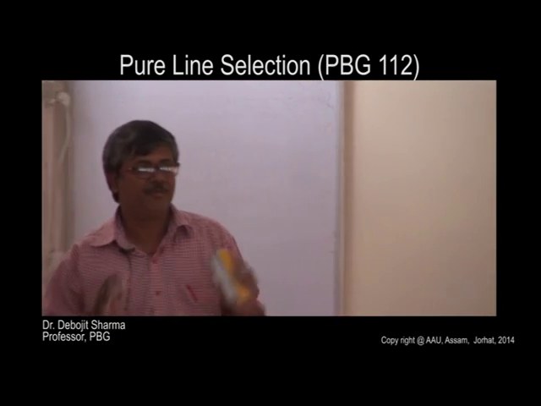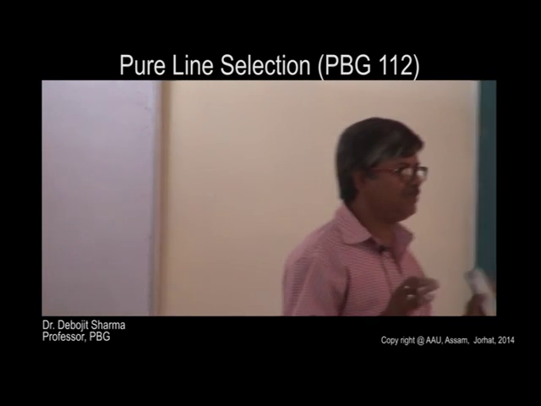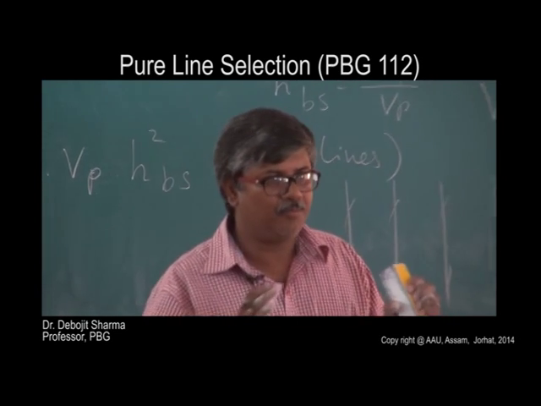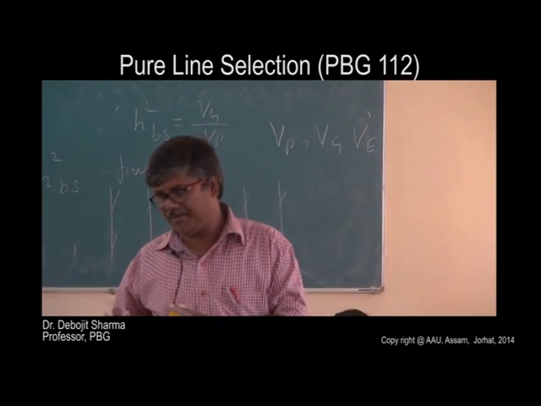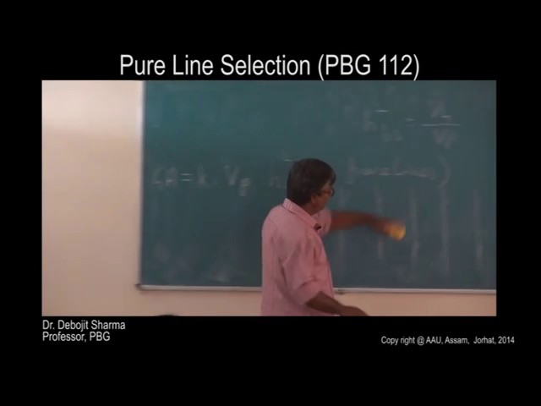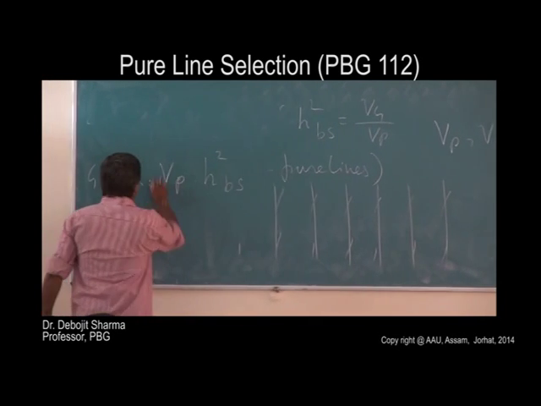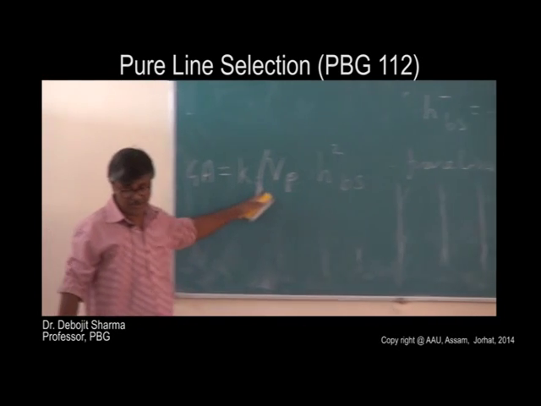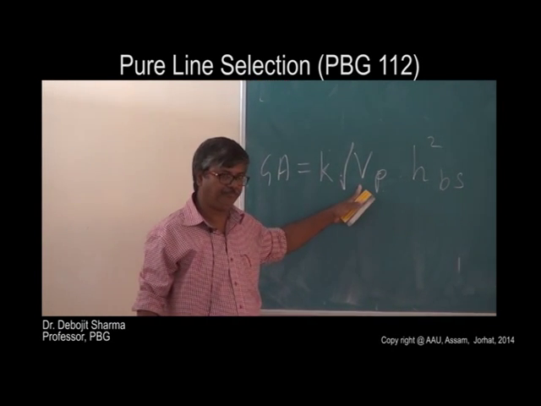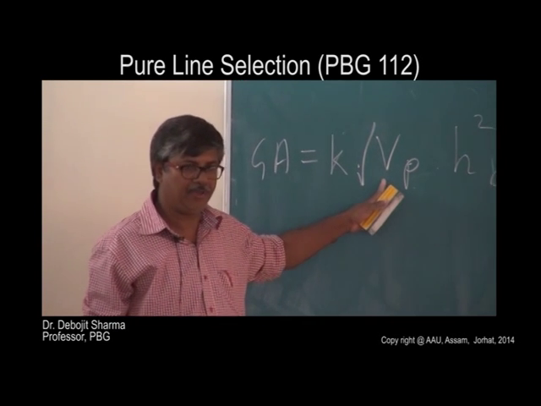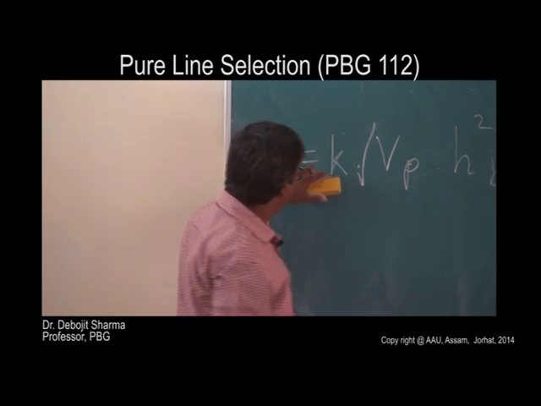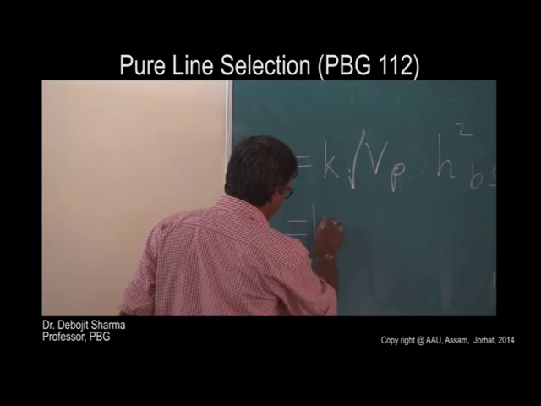At this stage the total variance is composed of two terms. One is the genetic variance, the other one is the environmental variance. So when we take the root of the phenotypic variance, please give the root sign. Square root VP. Square root VP. So this again you can simplify, K into